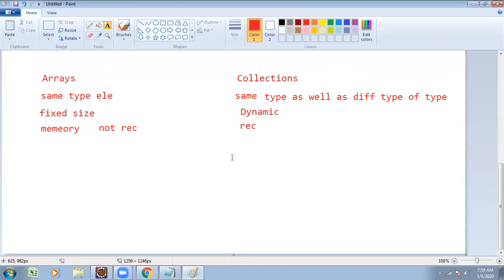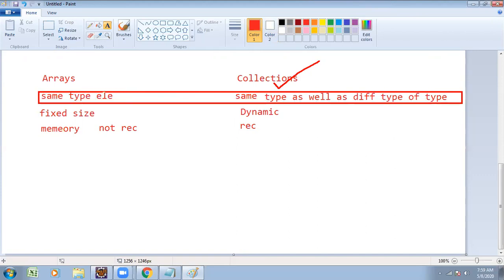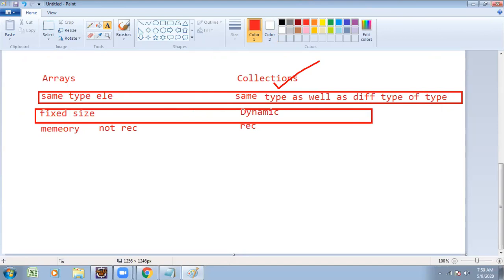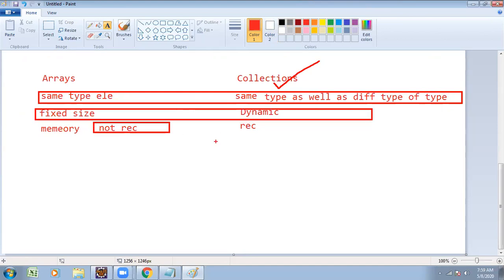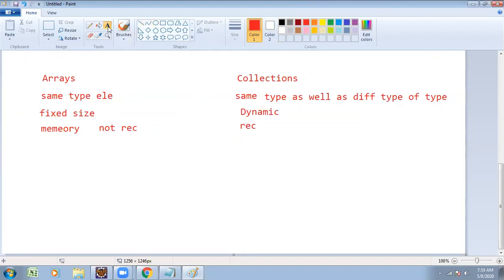While we are working with arrays, the size is fixed, so memory is fixed. Whether utilized or not utilized, there is a possibility for wastage. Here, in a collection, when increasing the elements, memory is automatically increased. If you are decreasing, memory is automatically deallocated. Wastage is not there. That's why we use collections. Homogeneous, heterogeneous. Fixed size, dynamic type. From the memory point of view, arrays are not recommended, collections are recommended.